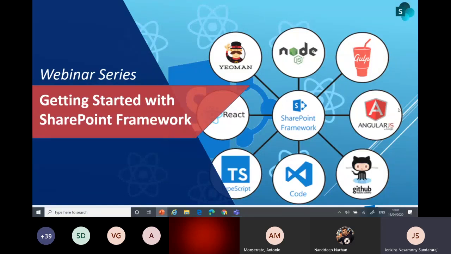We have already completed 4 sessions about the introduction to SPFx, and then Nandip covered the setup of the development environment for SPFx. Then Prasant covered an overview of SPFx solutions, and Vijay covered shipping and deploying the solutions to SharePoint. Today I'm going to cover